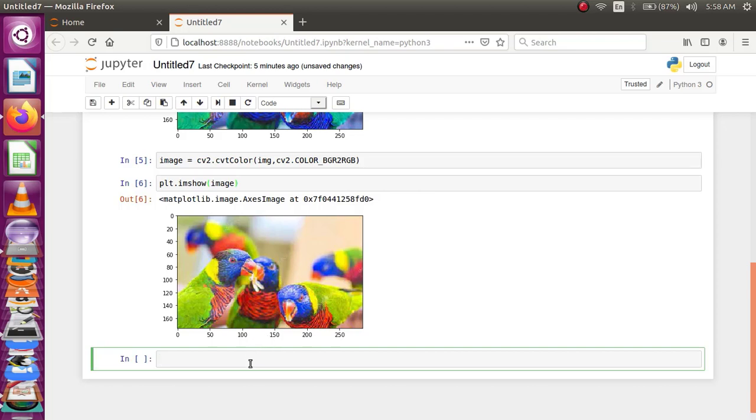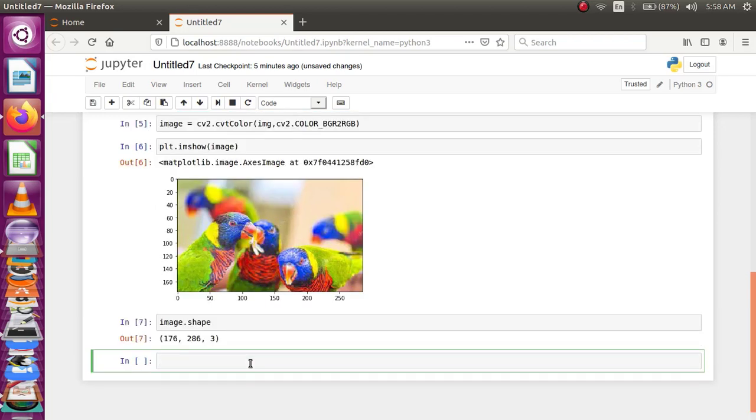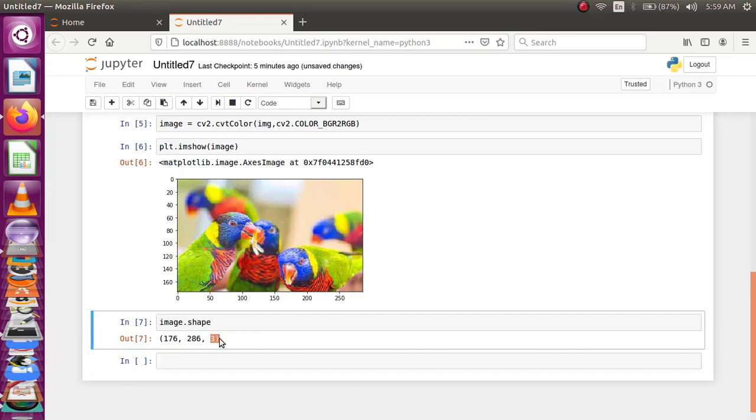Let's see the shape of the image and find out whether it has all the 3 channels or not. From this you can understand that the image is of size 176 by 286 and it has 3 channels, which include red, green and blue.